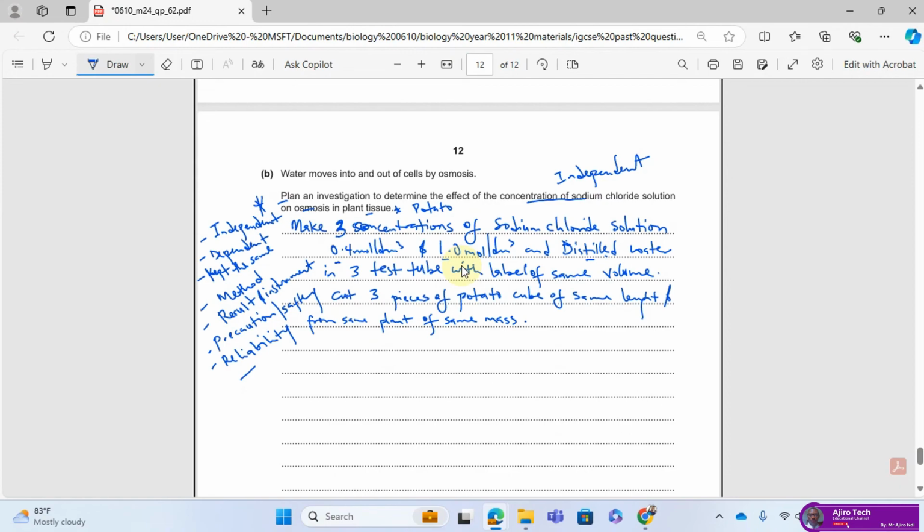Let's also put how we will cut. So we'll cut, and you might include that you cut on a tile or something. Once you have done this,